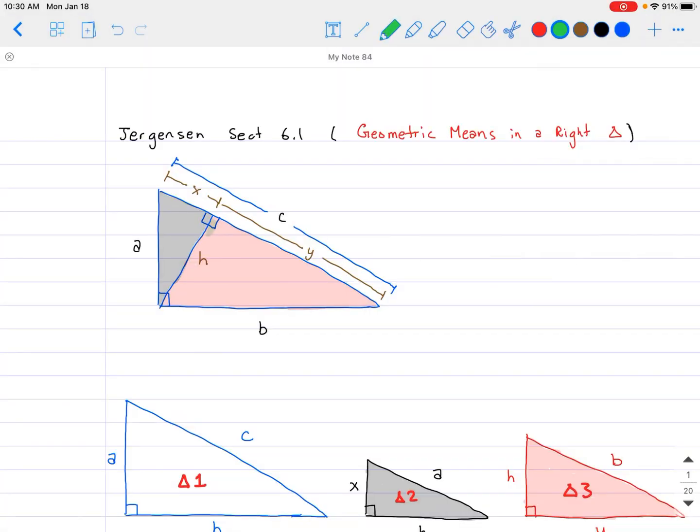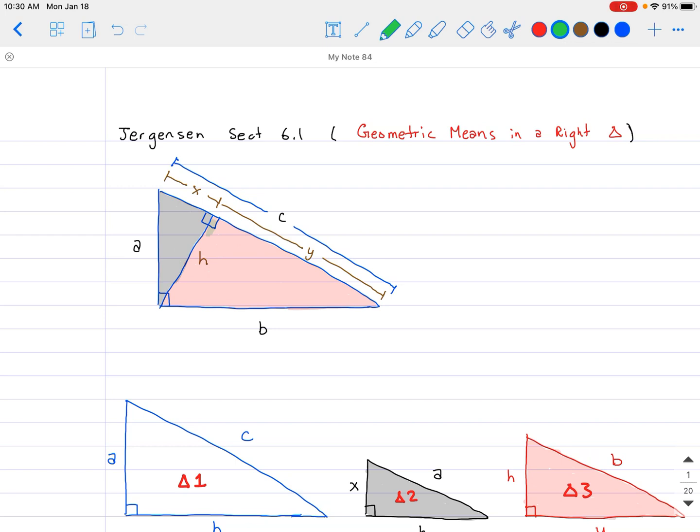Hello everyone. Today in geometry we will be looking at something called geometric mean, but in a right triangle. Previously we talked about what a geometric mean is in an algebra sense, where it's kind of like, quote unquote, the average of two numbers when multiplied together in order to get the ones in between. Now we're looking at where geometric mean comes in geometry,